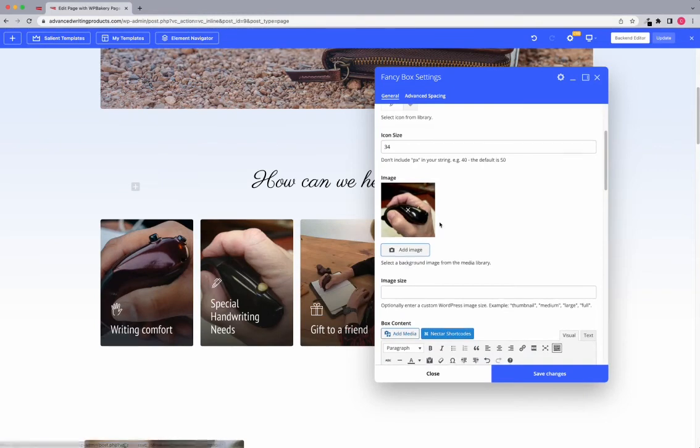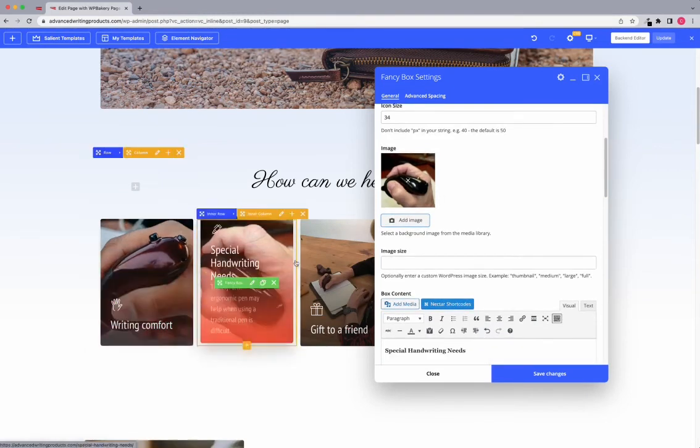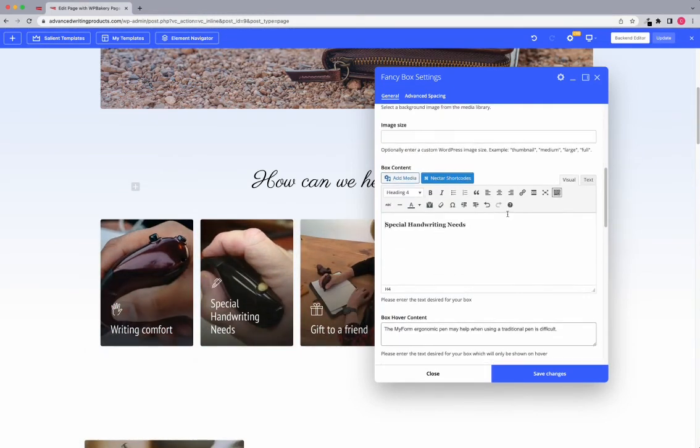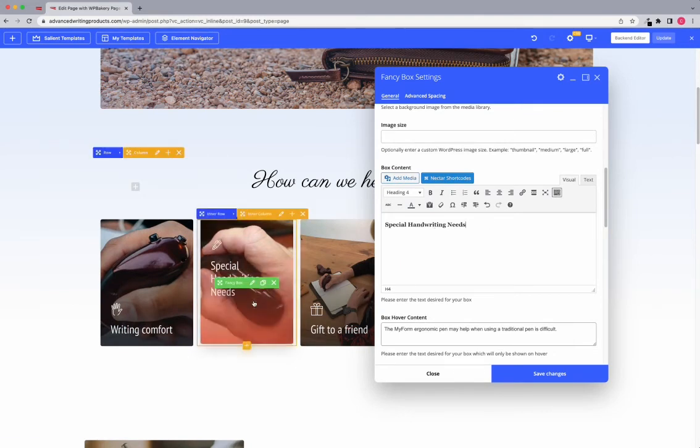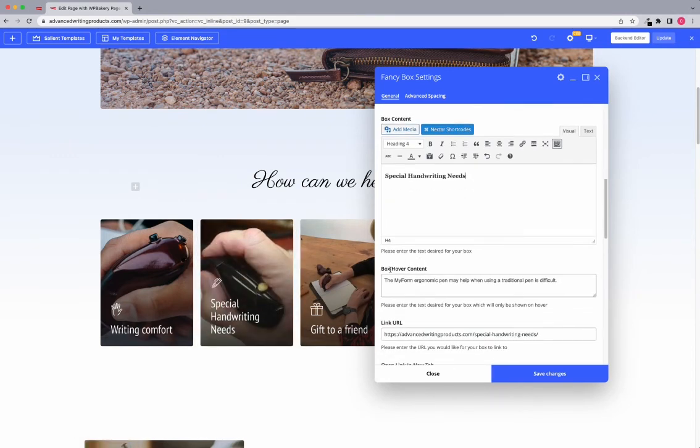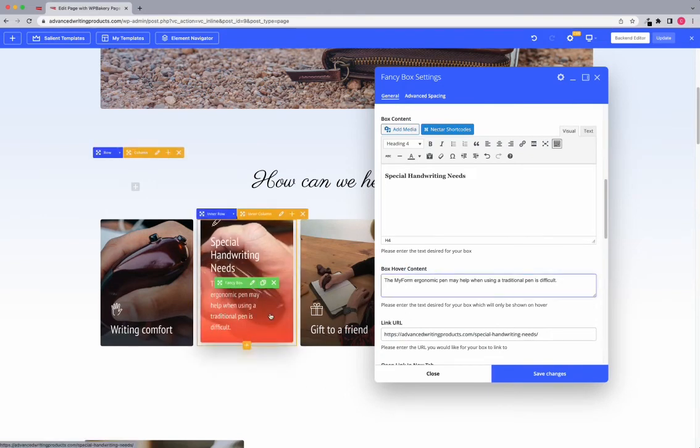So now that is how you would change out one of the background images on these hover boxes here. The box content will allow you to change the text that you see here. So this section right here is the text that you can see before you hover. And then below that, the box hover content is the content that you can see after you hover over the